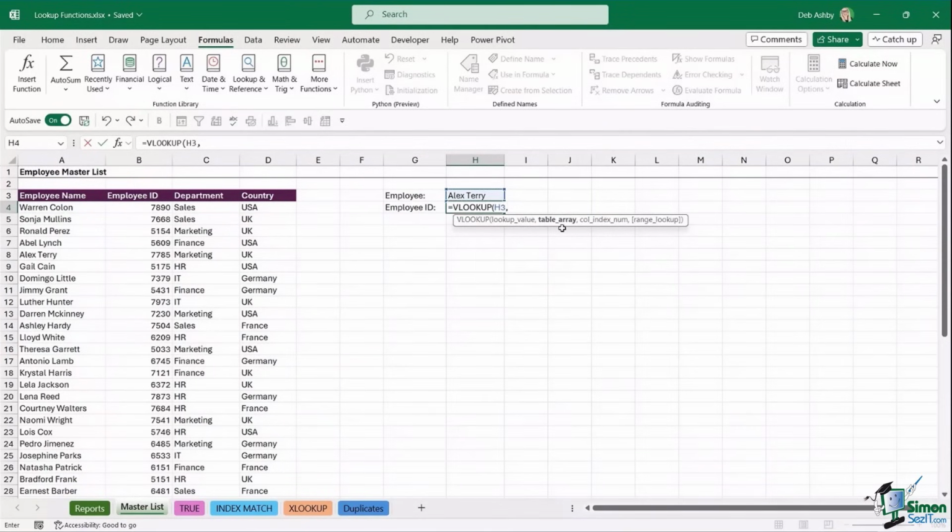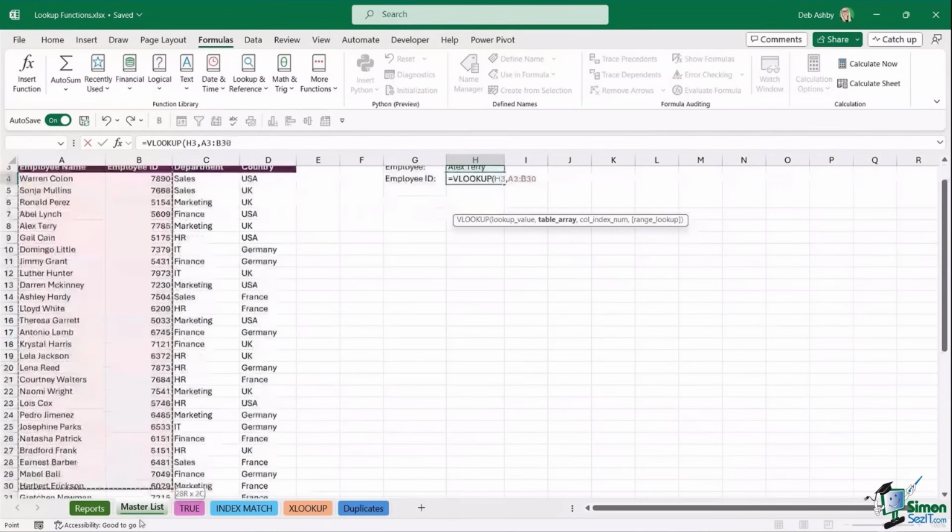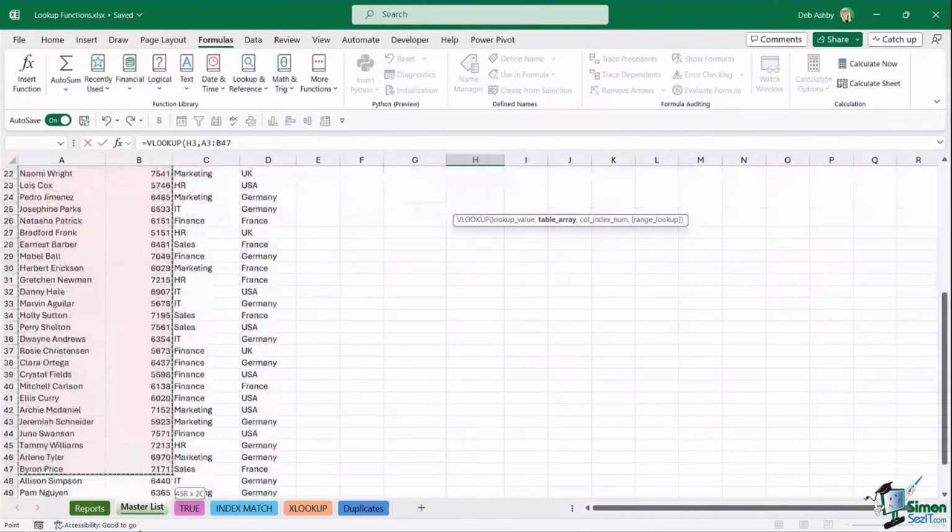And this time for my table array, I'm going to do something slightly different here. So in the last example, I selected the entire table, but you don't have to select the entire table every time you're doing a lookup. As long as you select the columns that contain what you're looking up and the lookup value, then that's fine. So I'm using the employee as the lookup value, and I want to return the employee ID. So as long as I have the employee name and the employee ID column selected, that's absolutely fine. It will still work. So I don't have to select the entire table. I could just select these two columns just here. So let's select all of those,